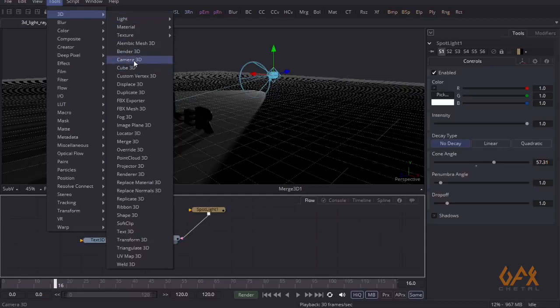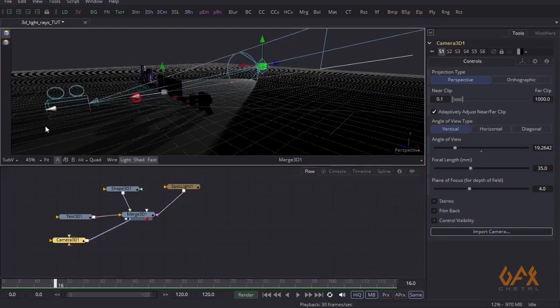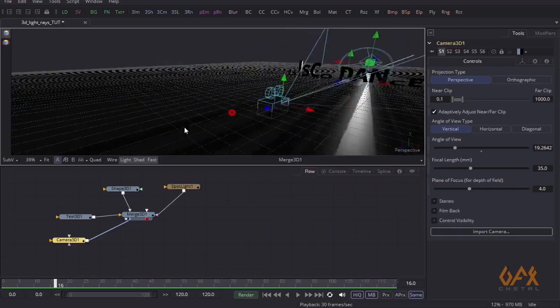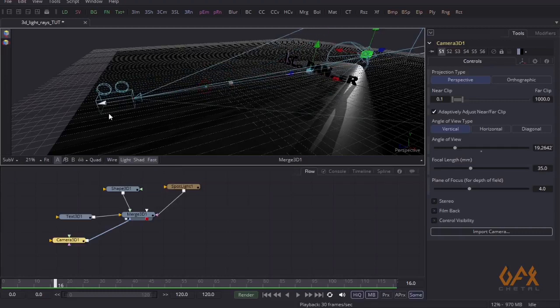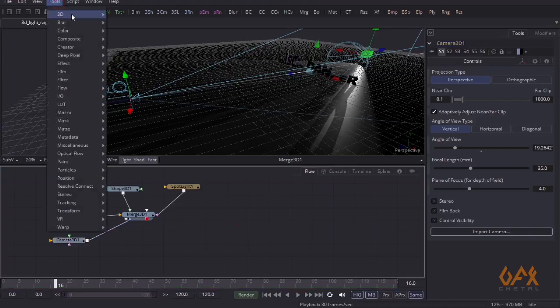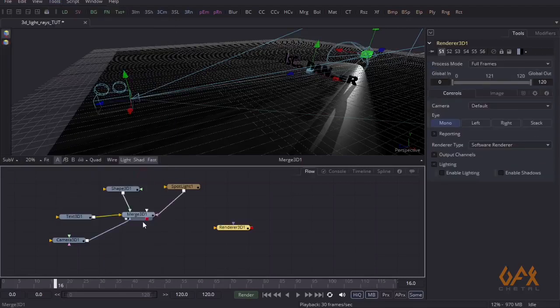Now to capture these things we need a camera. So here I create one camera, and I put this camera over here, and I move my camera a little far so that we can cover my text. Now to see the final output, I have to create one Render 3D, and my Merge output